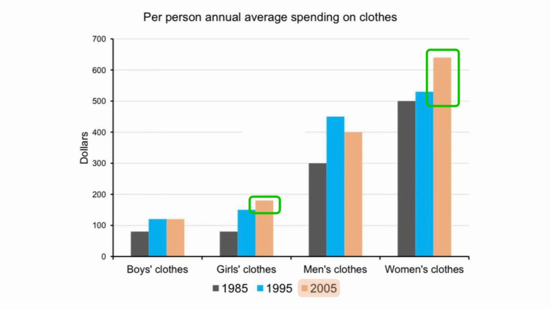And also for men, we see that there is a decrease, right? There is a fall from $450 to $400. For women, there is an increase, all right? And for boys, it remained steady. So we can write about this. And we can start writing our paragraph with a phrase like after a decade. Or you can also say in 2005, but I guess writing after a decade might sound more natural